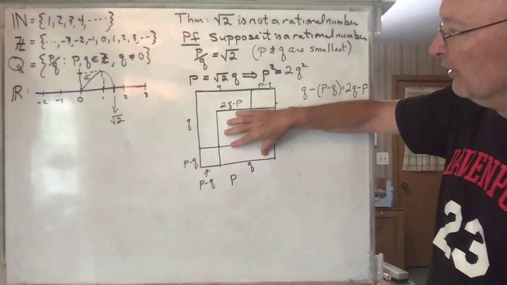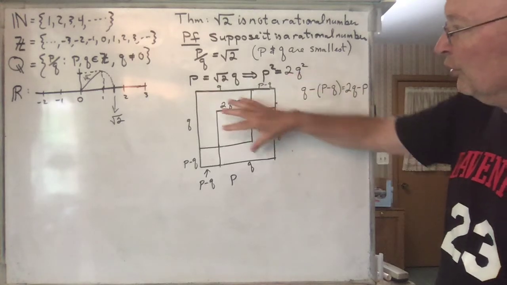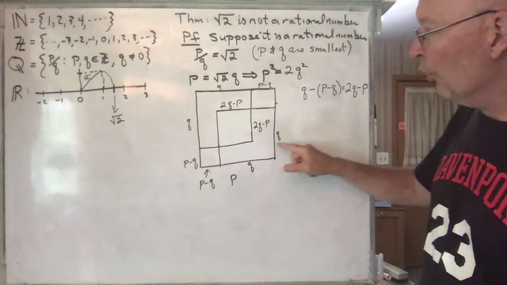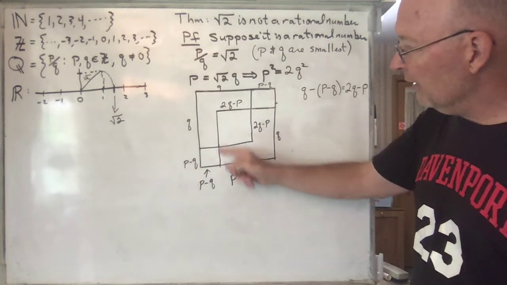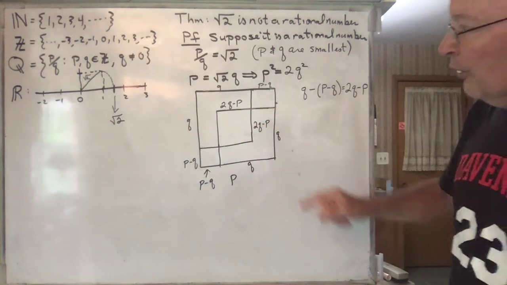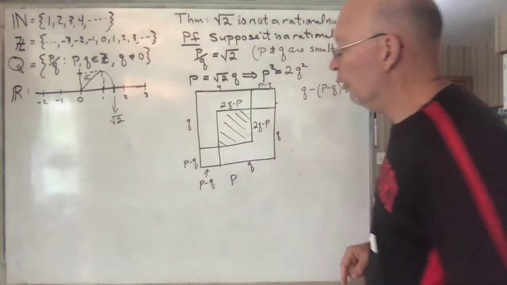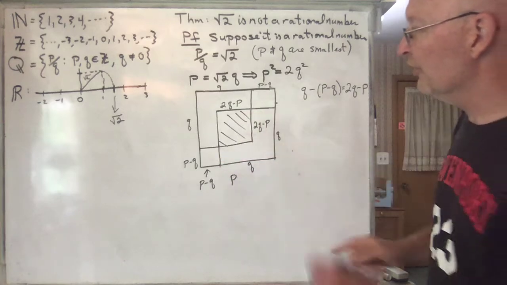The area of this rug is q squared. The area of this rug is q squared. So 2q squared, the area of both of those rugs, is equal to the area of this whole floor. Okay, so notice, the area of these two rugs is equal to the area of the whole floor. You got some overlap here. See that? There's the overlap. And here is the area of the floor which is not covered